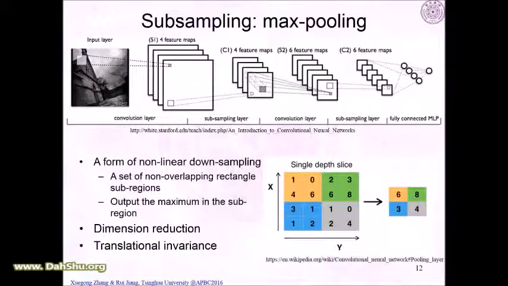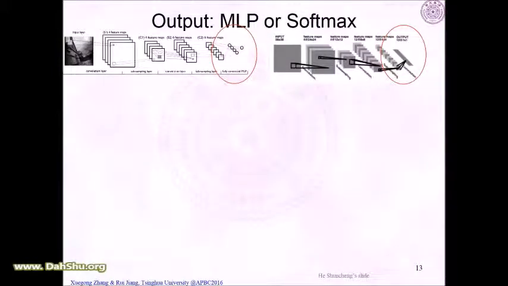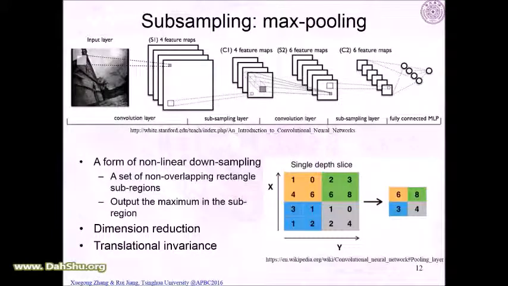This is the sampling layer, and we can use this as the input, because you can take it as an image, and then we can have another layer of convolution and sampling and so on and so forth. So after that, what we get from these multiple layers of convolution and sampling is a set of features that somehow represent the original image, because it is derived from the original image.